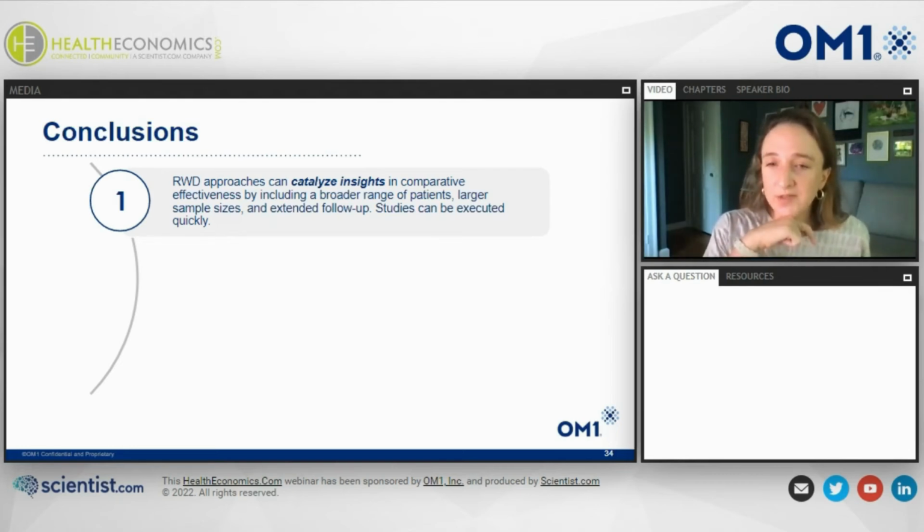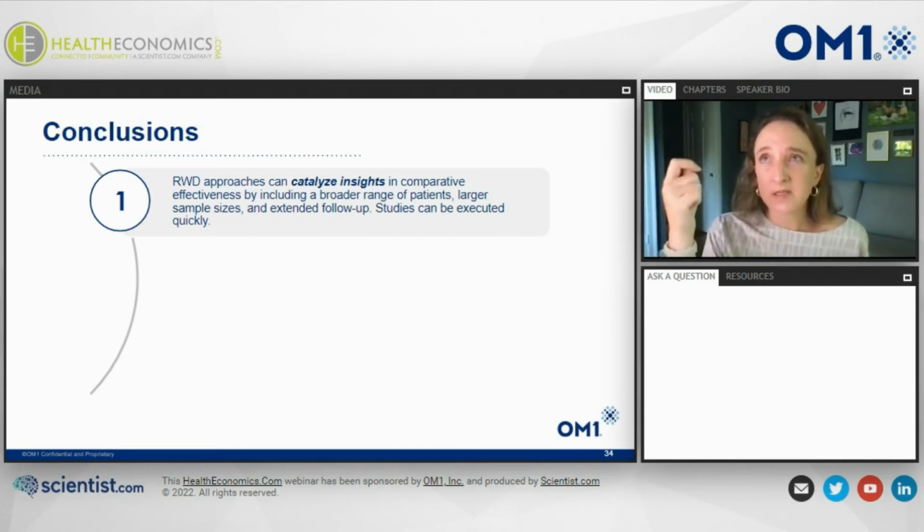So in randomized trials, you see oftentimes a certain homogeneity of the risk of the outcome that comes through the imposition of the eligibility criteria. In RWD, that's not the case. So we will see more often patient populations that have the full spectrum of risk of the primary outcome of the investigation. And that can be a very statistically and clinically powerful asset. We also see things we would expect, like larger sample sizes, extended follow-up,